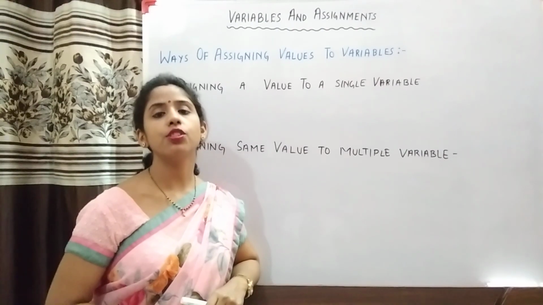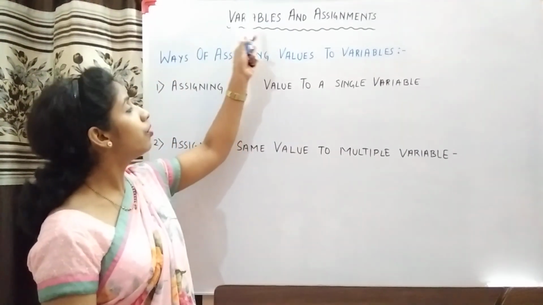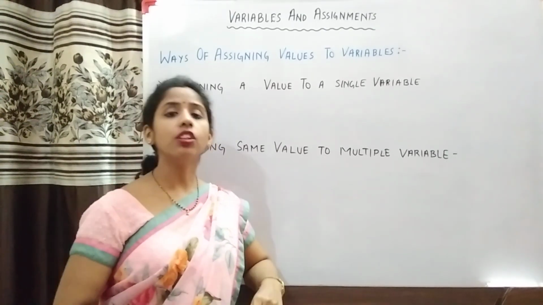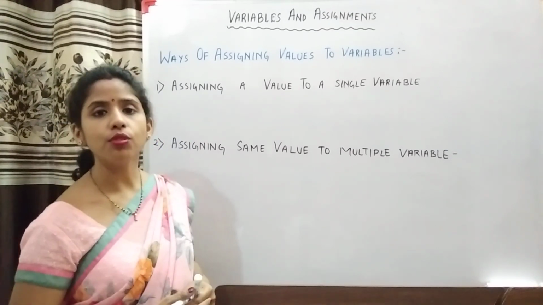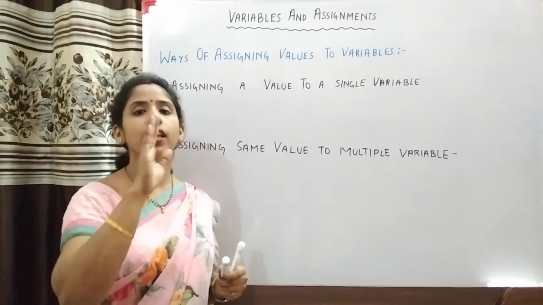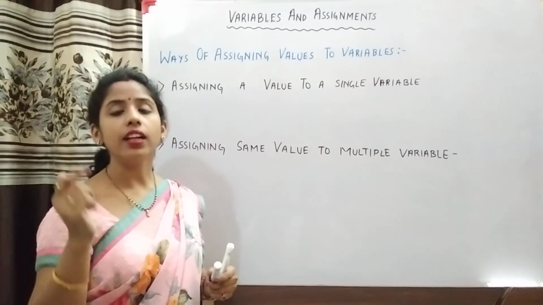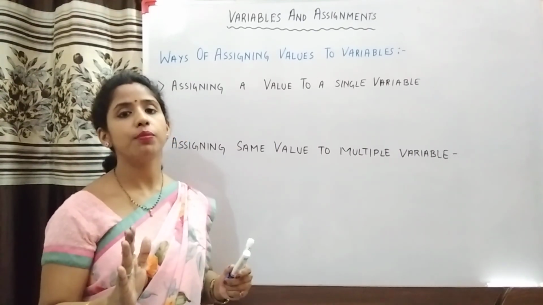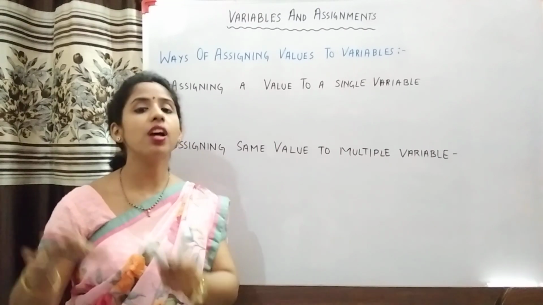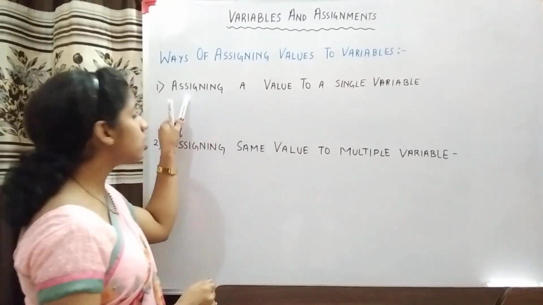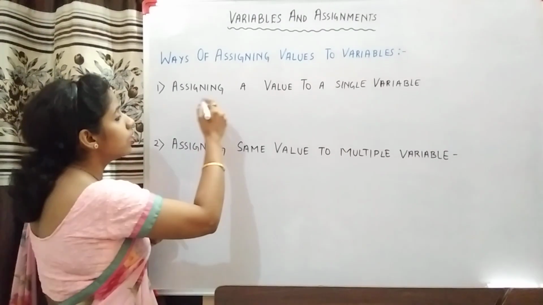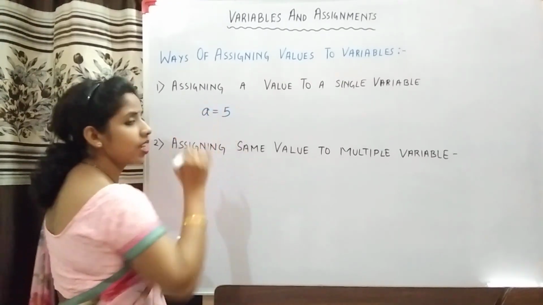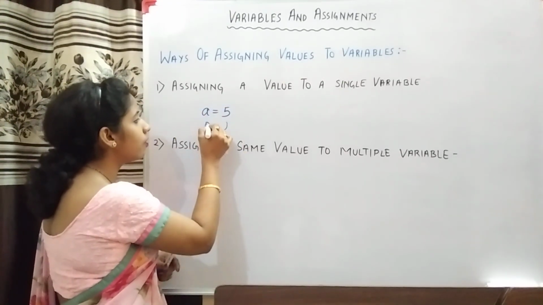So now you have understood how to create a variable, and now we come to the point where we need to learn how to assign values to a variable. Now till now you know how to assign value to a variable. You just write a is equal to 5 and then 5 value gets assigned to the variable a, and in this case assignment operator is used, and the work of assignment operator is to assign right hand side value to the left hand side variable. Okay, so this is what is there in this way of assigning value, that assigning a single value to a single variable. So example of this one will be like a is equal to 5. So you are assigning 5 to the variable a.